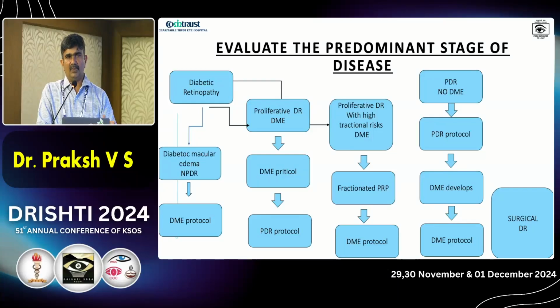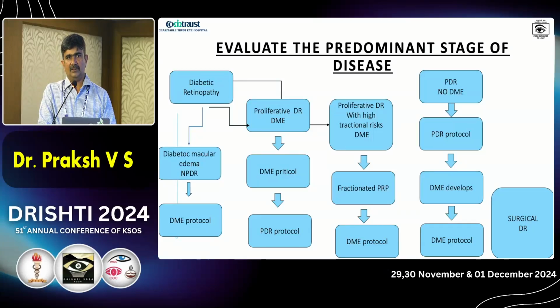So if you have mild, moderate NPDR and DME, go ahead with your routine diabetic macular edema protocol. But if you have a lot of ischemic changes, remember that you still go ahead with the DME protocol. You keep on injecting, but always remember that this patient's DRSS score, or the diabetic retinopathy severity score, keeps on decreasing as you inject, and you may be falsely led to believe that the patient has come down to mild or moderate NPDR, whereas actually the ischemic process is still ongoing. And once you stop the DME protocol or your injections, you should be prepared to treat this patient with panretinal